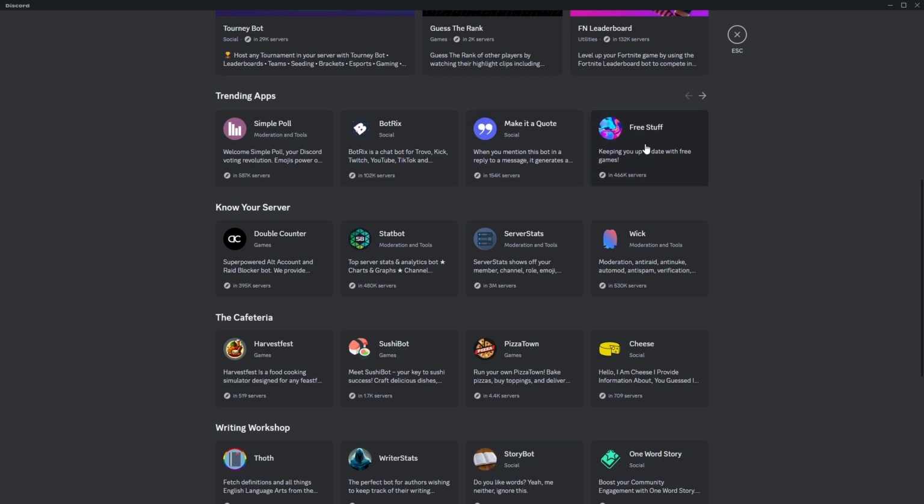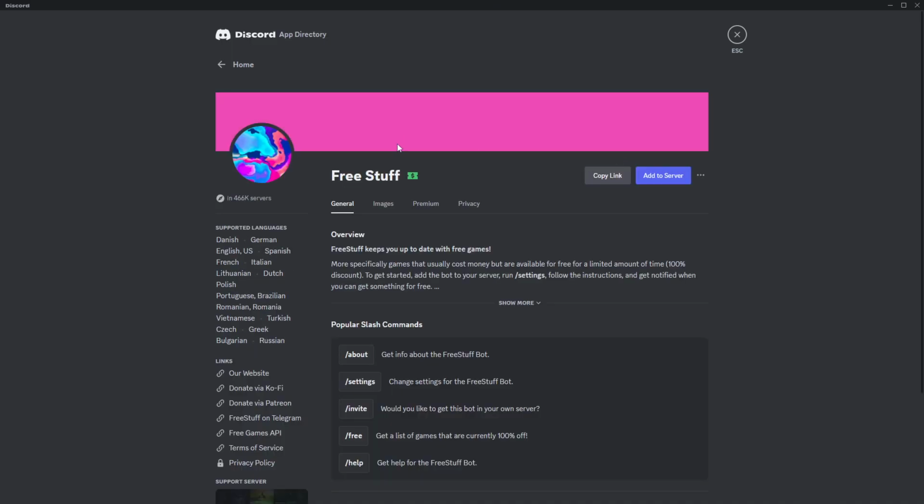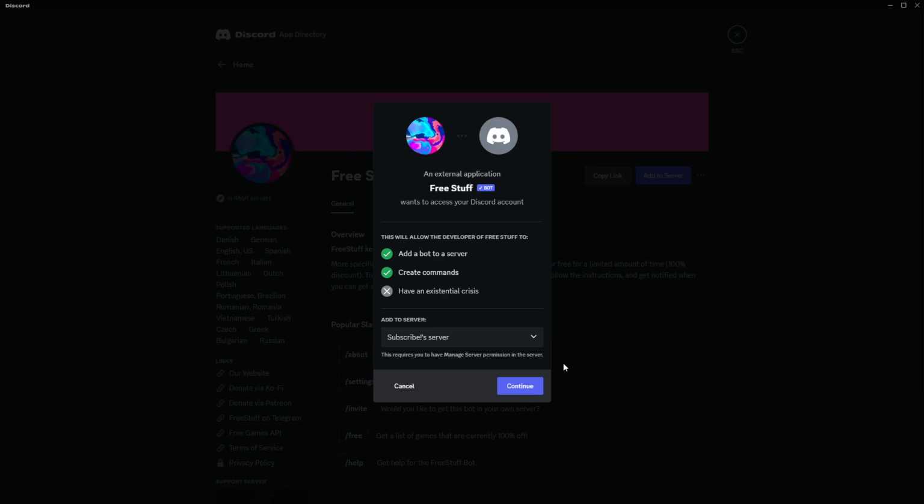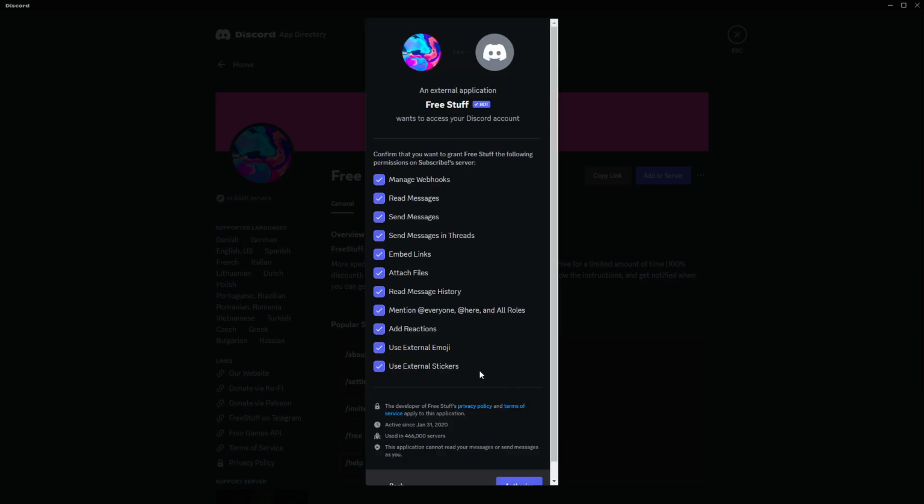So let's say I want to add it to my server, I want to invite it. All I need to do is click on this bot over here, and here I have add to server. If I click on it, then I can decide to which server I want to add this bot. I have only one, so I can choose only one server, and now I can press continue. After that, you'll see a list of